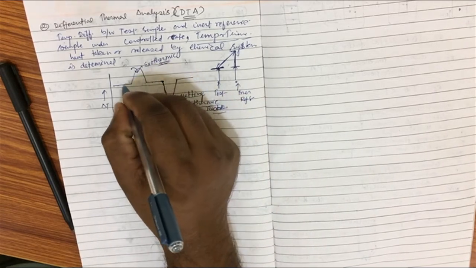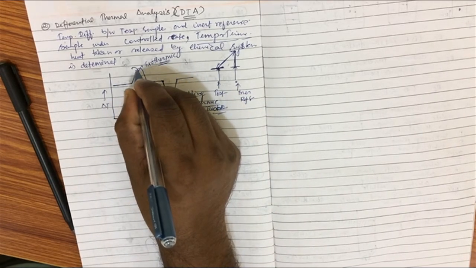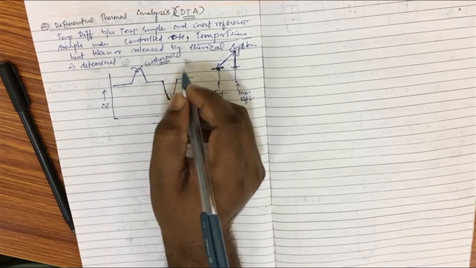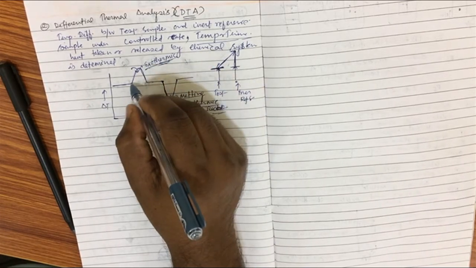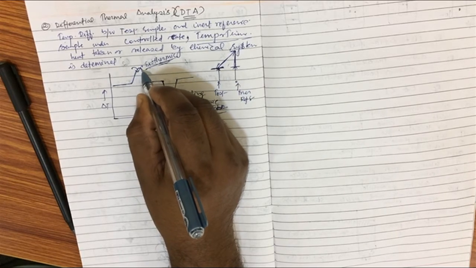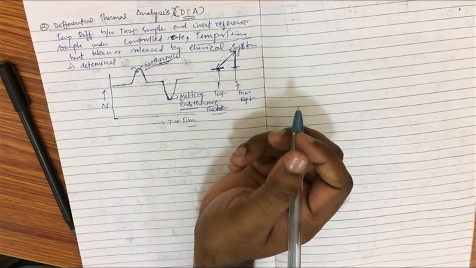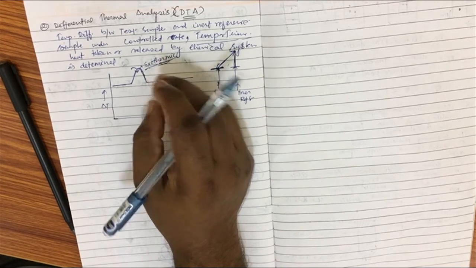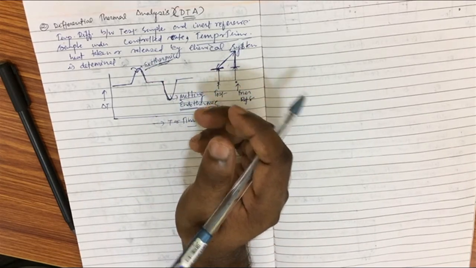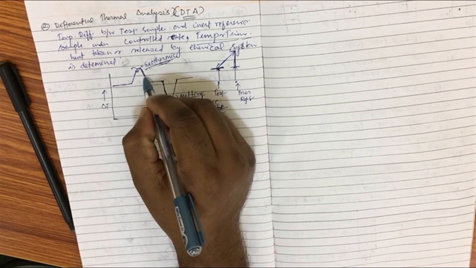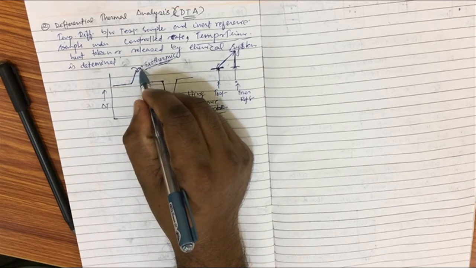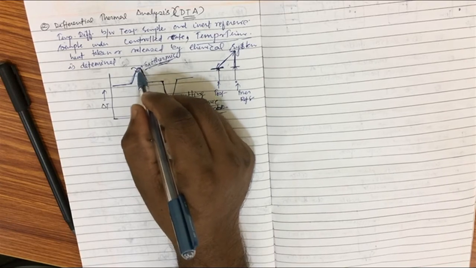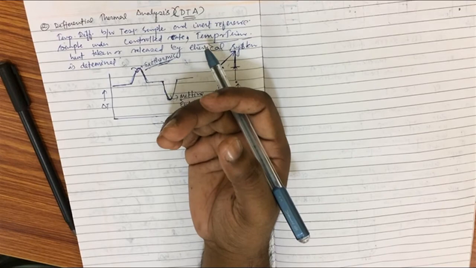But when will this peak come? These peaks are exothermic peaks, meaning your inert reference sample is going down and your test sample is going up. So